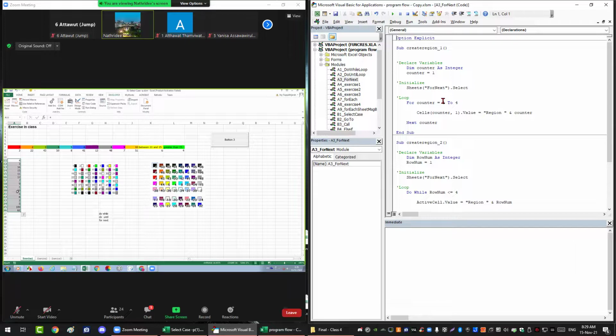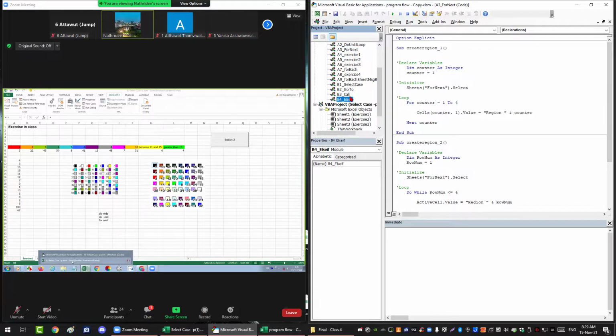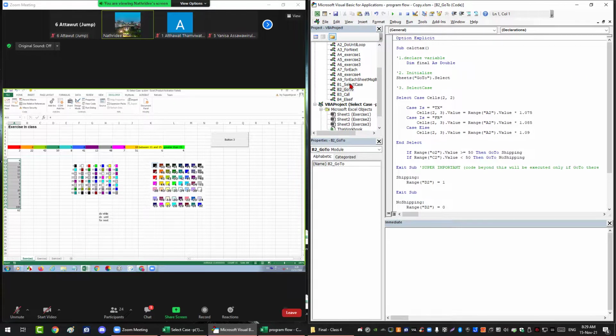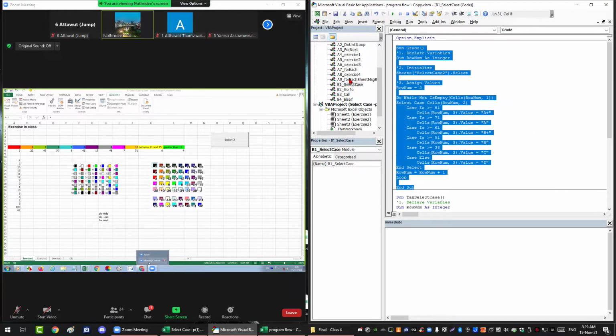But please remember I can add any number, and when I click this button it should run without any problem. It should cover the new member here as well. And what I'd like you to do here is, every group, all of you should use